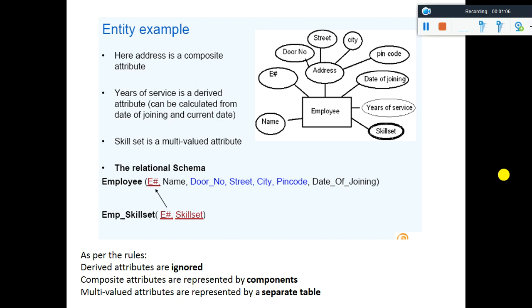So we have employee, a strong entity type, and it has various types of attributes. Like address, it is a composite attribute. Year of service is a derived attribute. Skill set is a multi-valued attribute. So what we will do: employee number is the primary key, so it becomes the primary key. Name, door number, street; address is the composite, so the components of the address will become the columns of the table. And date of joining. Year of service is a derived attribute which we will ignore, and skill set